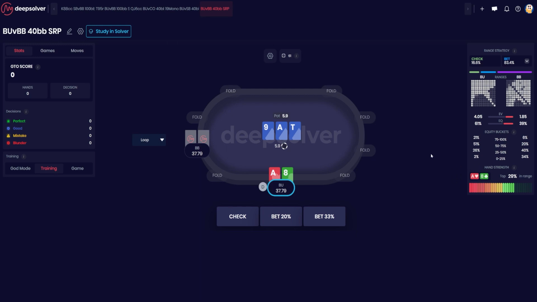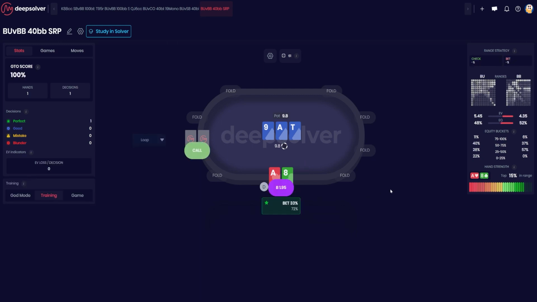So ace 8 here. We've got the top pair. So we want to be betting the flop, potentially. And to think about this, the training tool helps you because it shows us, oh, look, we're mostly going to be betting this flop, between 1/3 and 20%, and checking a little bit. So you could probably guess that this hand is going to bet 1/3 most of the time, which it is in this case. It tells you that that is the correct play.